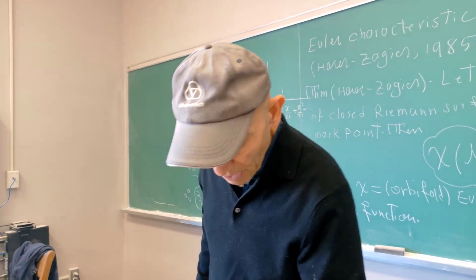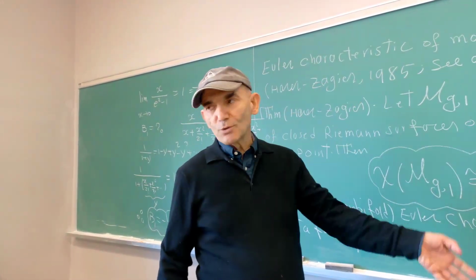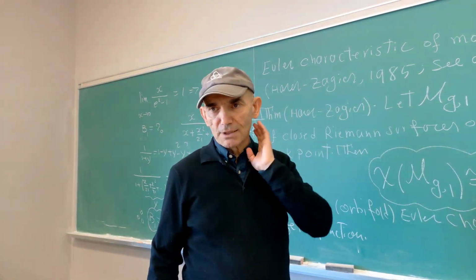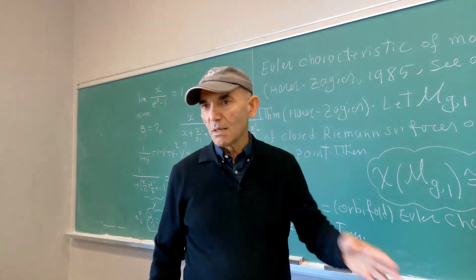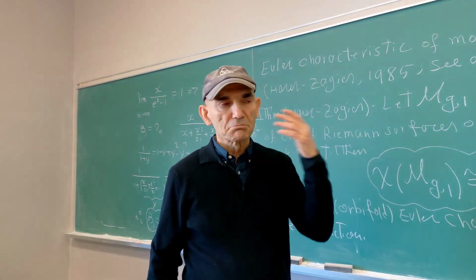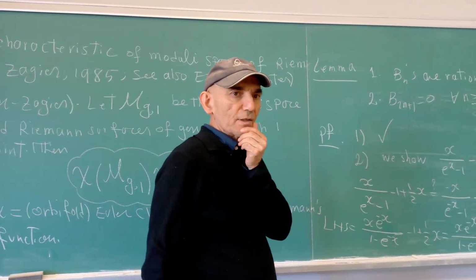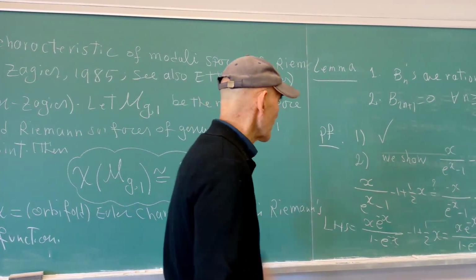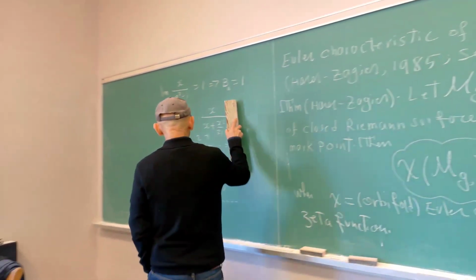Bernoulli numbers. Now, let me tell you a little more, because this is one of the most important number sequences in mathematics. It appears in many places, in physics, for example, and in combinatorics. The first time they appeared, they were actually discovered by Bernoulli